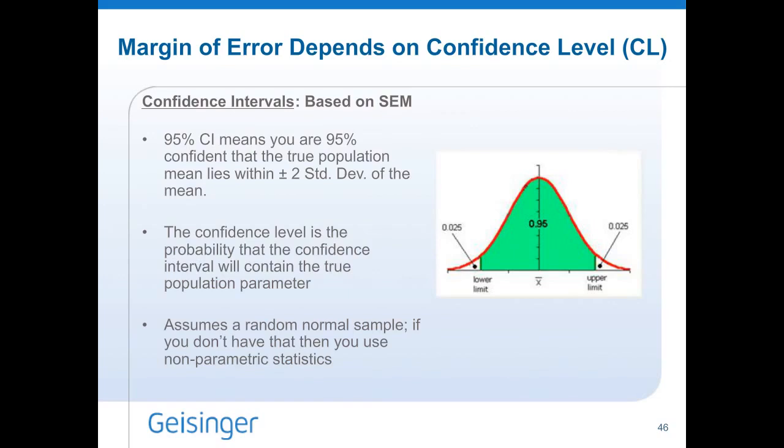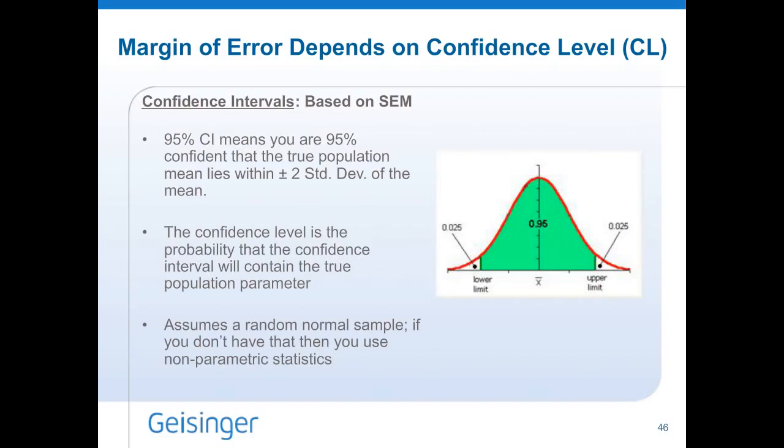And for the most part, you will be using non-parametric statistics because of the outliers and the differences, the way sepsis is analyzed. But the 95% confidence interval is always a good bet, and most